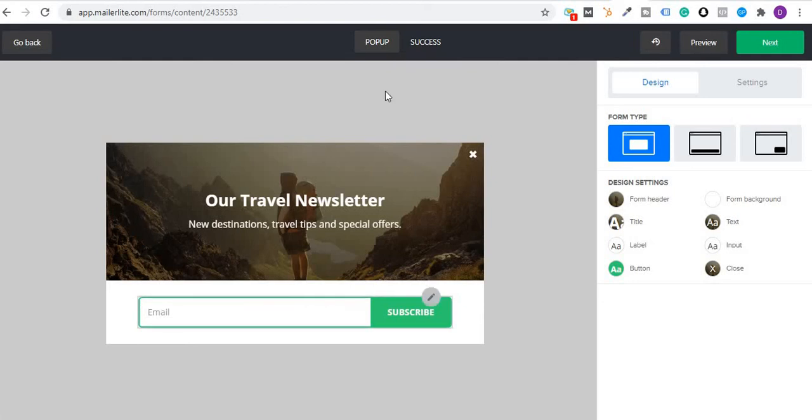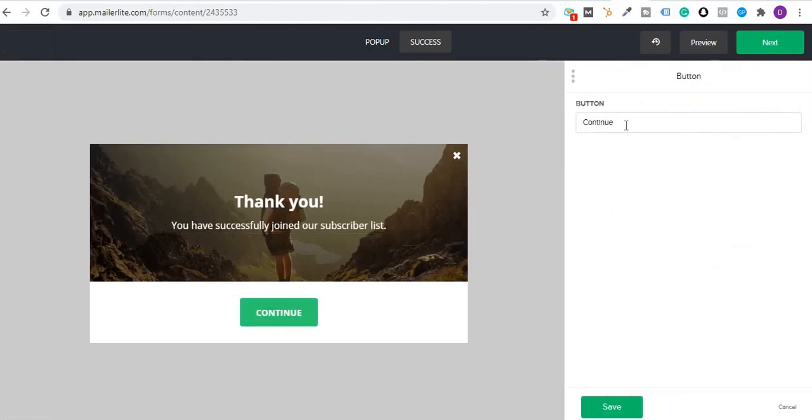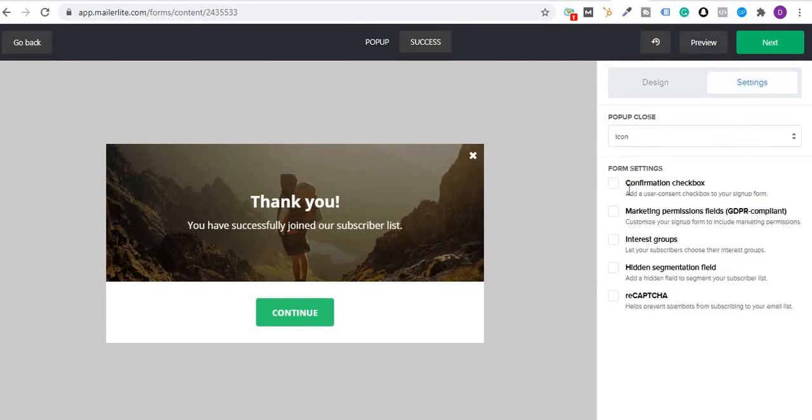And then when somebody fills up the form, then you have the success button over here. Then you can customize the text over here and play around with the button. You can write something else that you want. It's up to you. You can preview the form, and again you can go to settings, and in the form